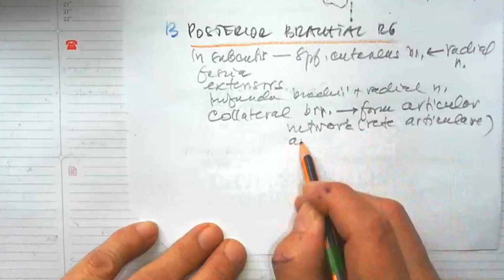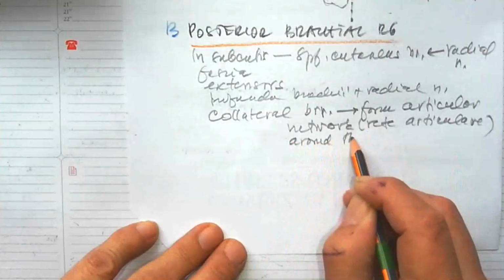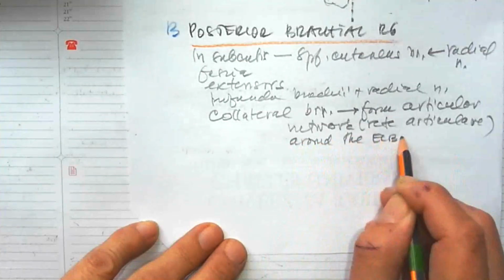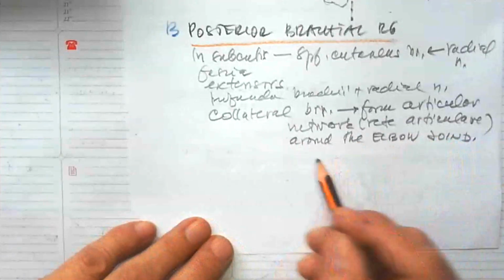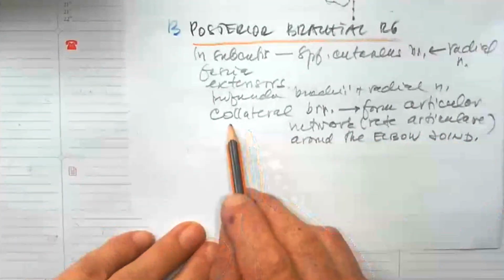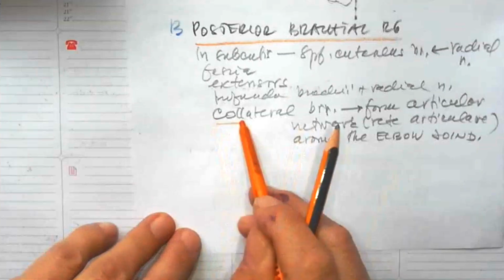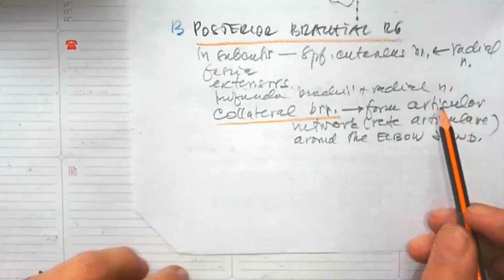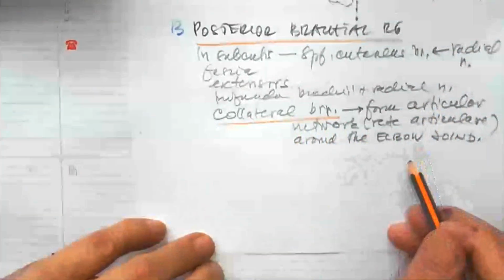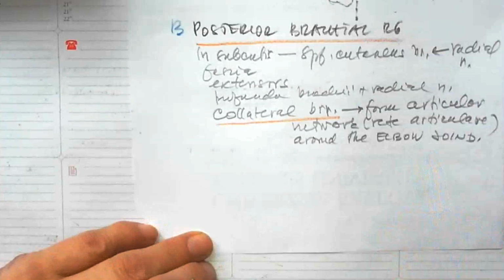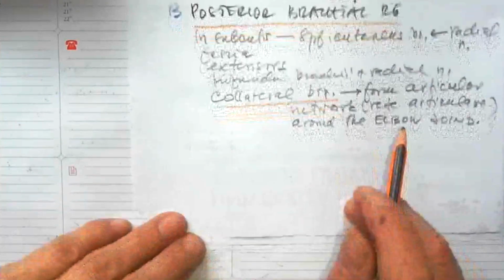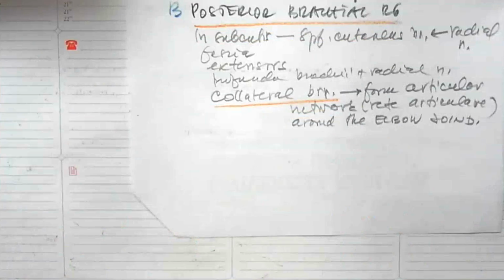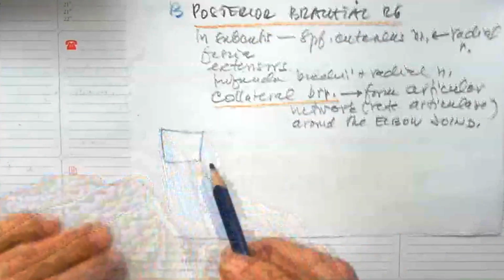Around the elbow joint. Yes, an important collateral system, the same as around the scapula. But the collateral arteries, collateral branches, originate from the main artery, brachial, and also its branch, the deep brachial. But we will speak about that in the following region, and the following region is the